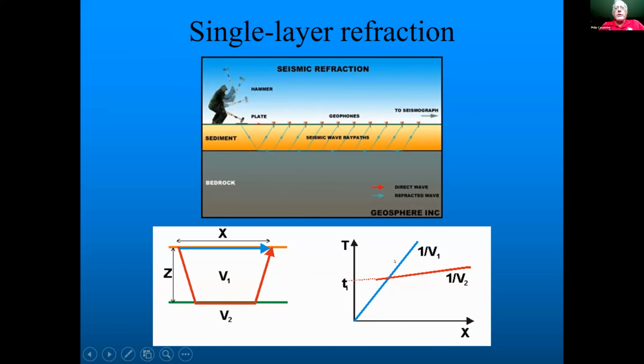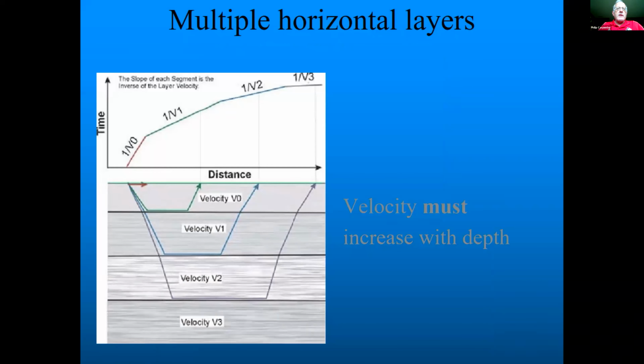This blue line here is the direct wave, and this is the head wave or the refracted wave. This is for a 2-layer model. Obviously, we have a little more complexity at Orchard Hills than 2 layers, but this is what you would normally see in a typical situation. And if you have more than 2 layers, you'll see something like this.